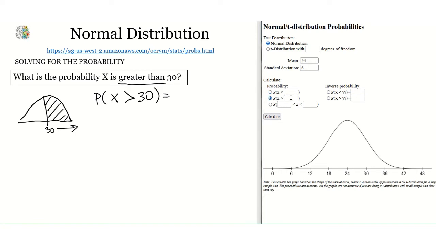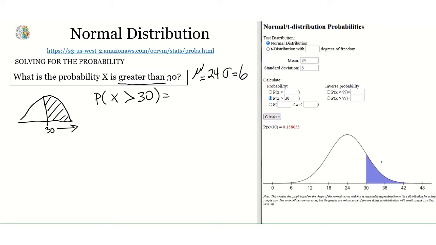So I'm going to use this second box, put my 30 in that value. Once again, let's use our example of a mean of 24, standard deviation of 6. I've got it already put in from our last problem, and we've got normal distribution, so all of our values are correct. We're going to hit the calculate button, and we see that it is shaded on the right. Starting at 30 is where our x value is, and then our percentage is the shaded part. So it gave us an answer of